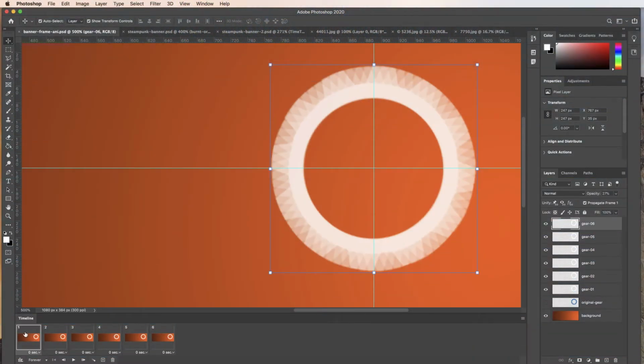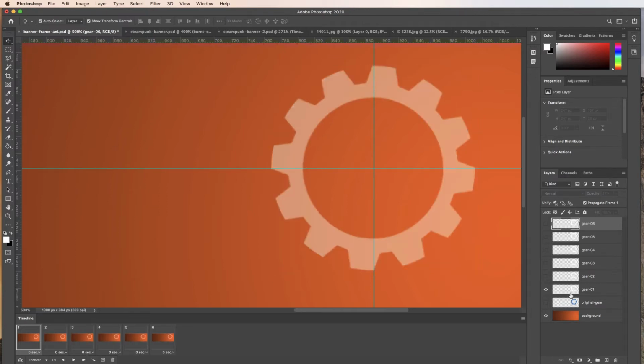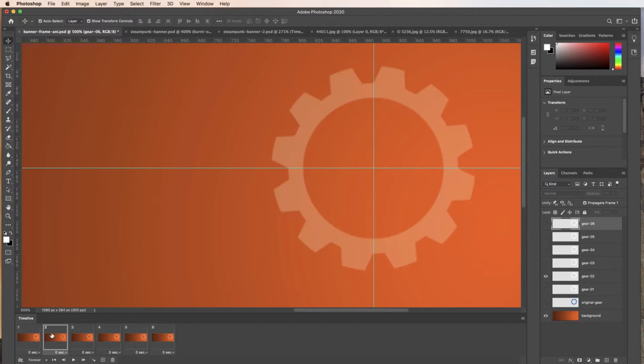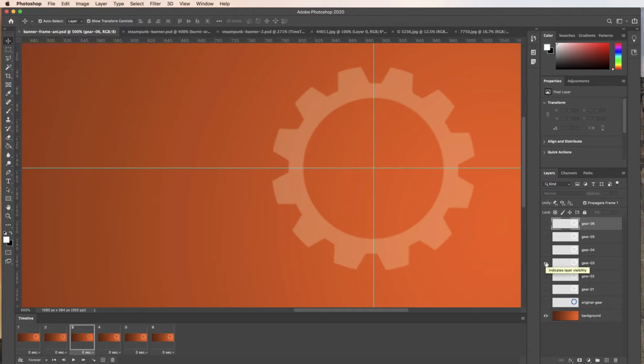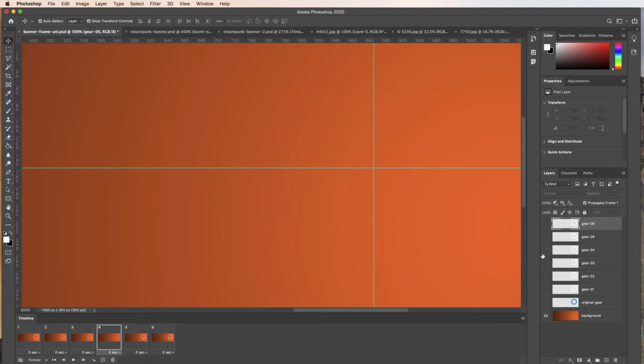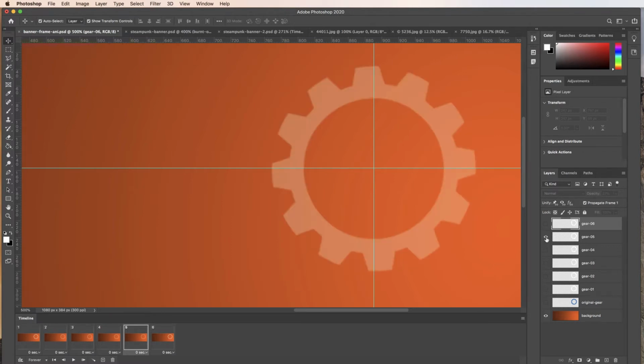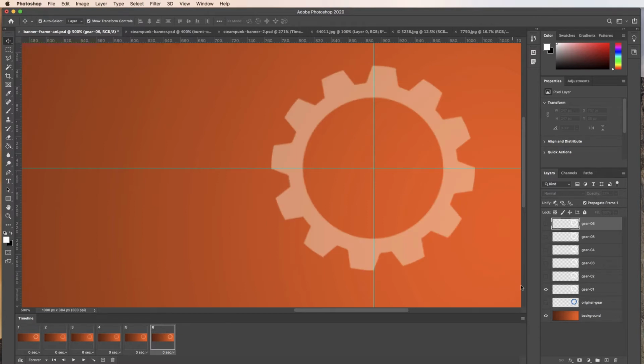So let's go to frame 1. I'm going to go ahead and save, and I'm going to turn off the eyeballs for all but gear 1. Now we'll go to 2, and we'll turn on gear 2. We'll turn off gear 1. Let's go to gear 3, and just to test real quick, there's frame 1. We see gear 1, and that's it. We go to frame 2, we should see gear 2, and that's it. Let's go to 3, and we will turn off 1, turn on gear 3, and I'm going to save. Let's go to frame 4, turn off gear 1, turn on gear 4, and I'm going to save. Now frame 5, off with gear 1, on with gear 5. We have one more frame to go, frame number 6, and we will